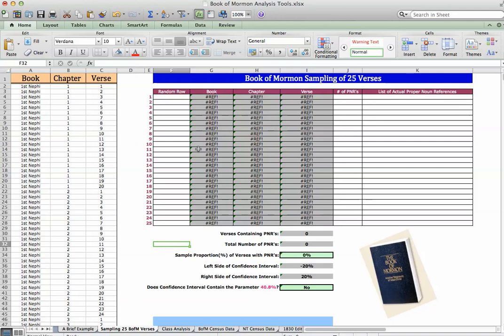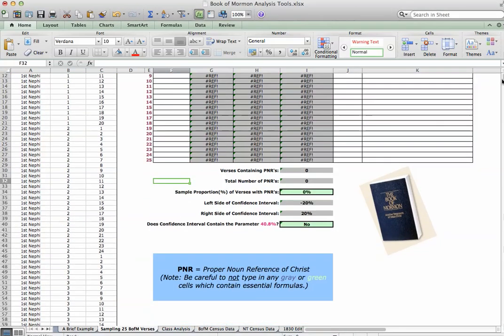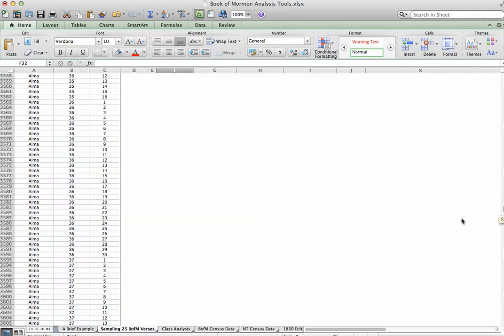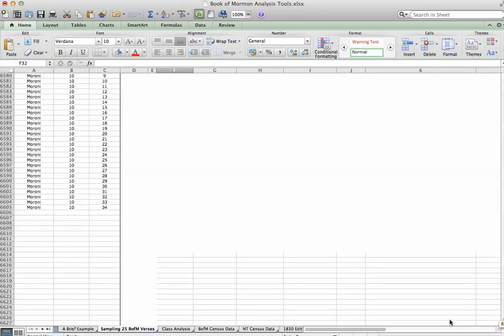This will be the first page you would open up to, and you'll notice the book, chapter, and verses of the entire Book of Mormon are labeled here in columns A, B, and C. If I were to scroll all the way down to the bottom of this worksheet, I could take it all the way down to Moroni 10:34, and you'll notice that the very last row is row